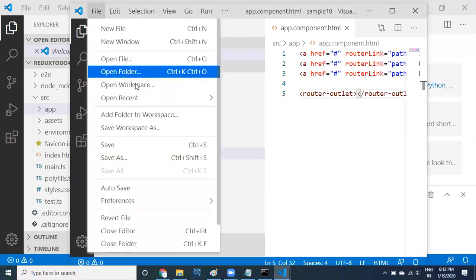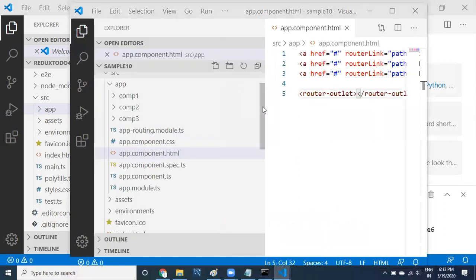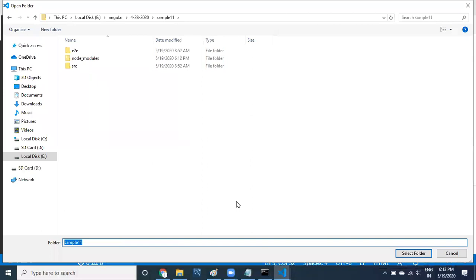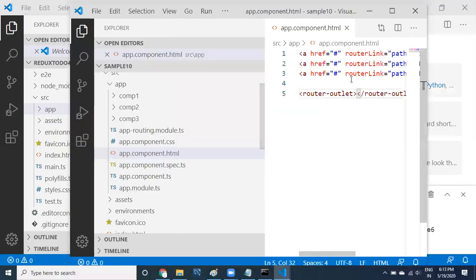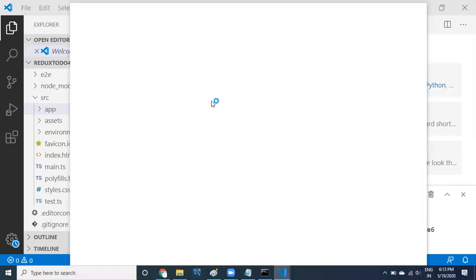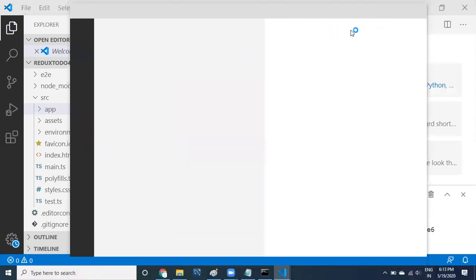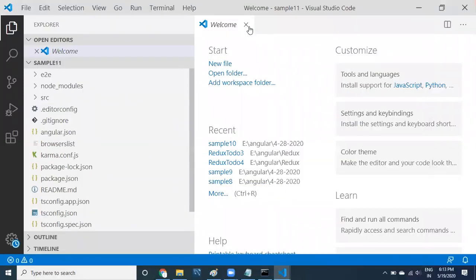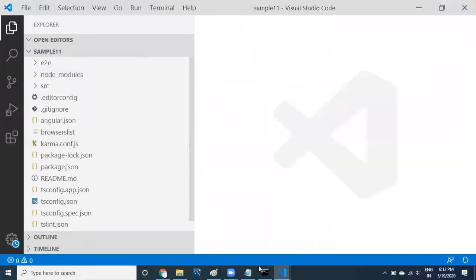Let us go to here. Open folder. Select this one. So we have selected. Okay, our project now. Our project is ready to modify and to run.